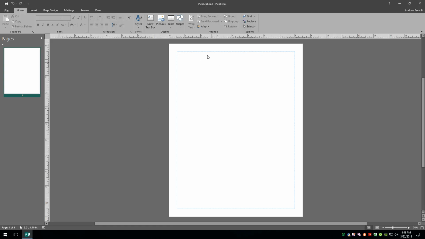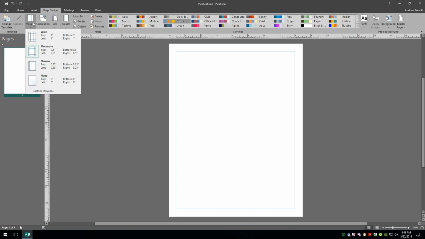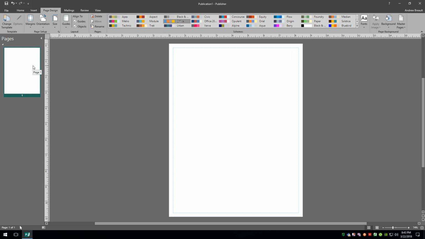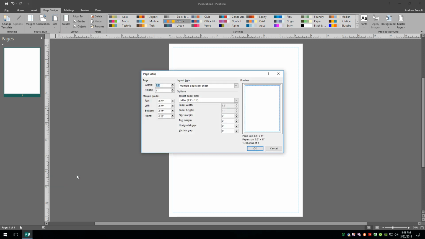Alright, so from here, what I like to do is, printers will not print, or at least I should say most printers will not print edge to edge. They will print about 1/4 of an inch from the edge. So the first thing I like to do is make my margins 1/4 inch. The next thing is go over to the page size, and we're going to go down to page setup,